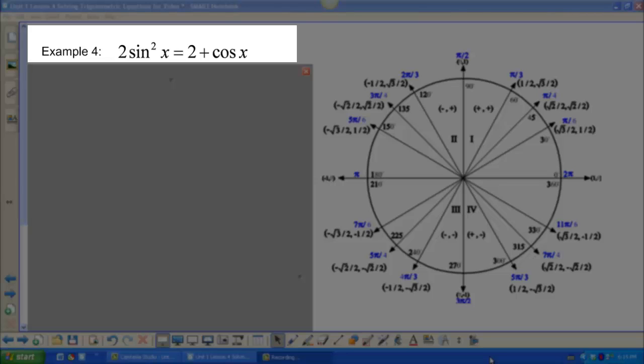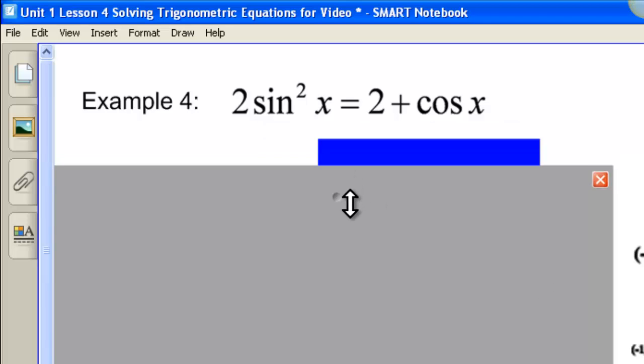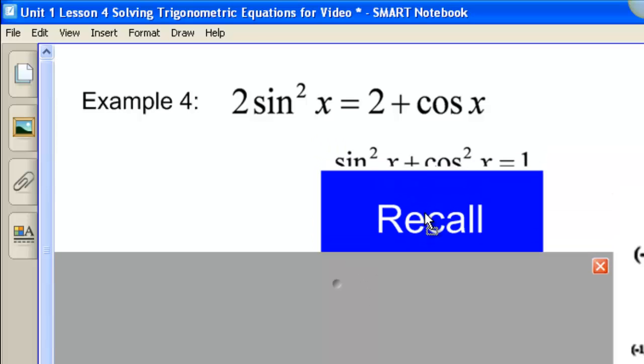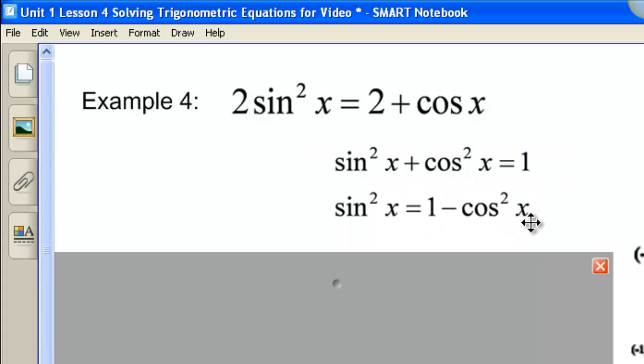So in order to deal with this, you need to convert either the sine squared of x into a cosine or the cosine of x into a sine. When I think about all the identities we've learned so far, none of the fundamental identities really do anything with a single cosine of x to convert that into some kind of expression using sine. But I've got the Pythagorean identities to help me with the sine squared of x to convert that into cosine. So recall that sine squared of x plus cosine squared x equals 1. What I can do is solve for the sine squared of x, so that sine squared of x equals 1